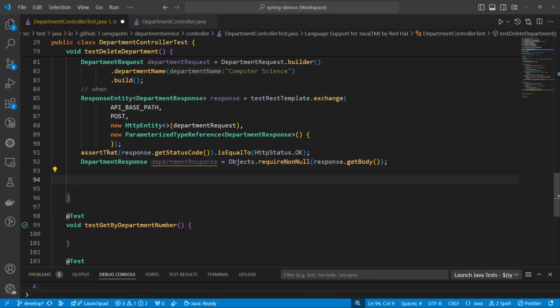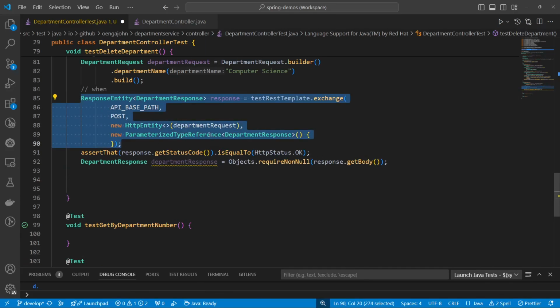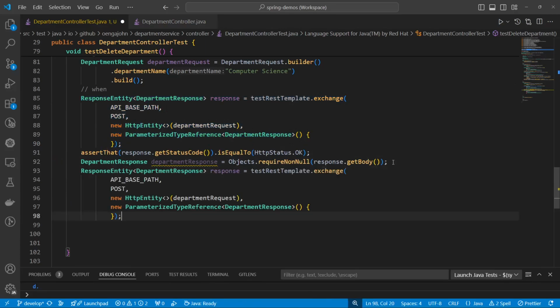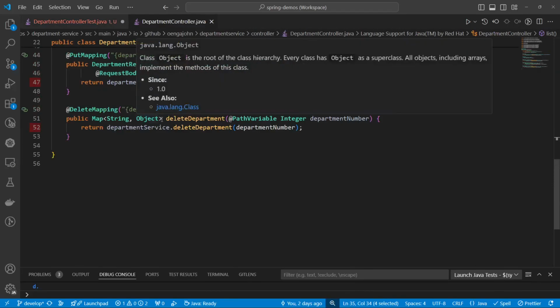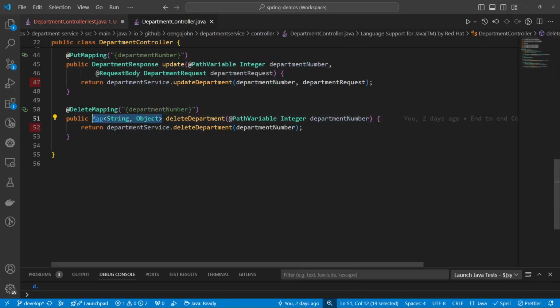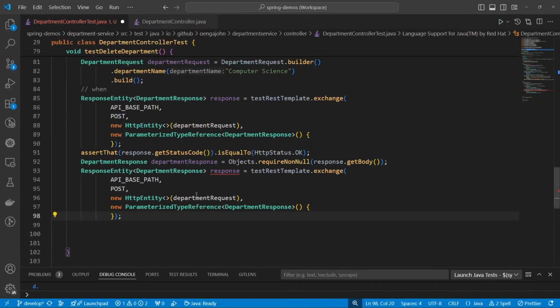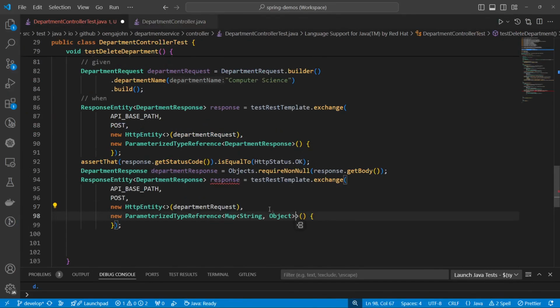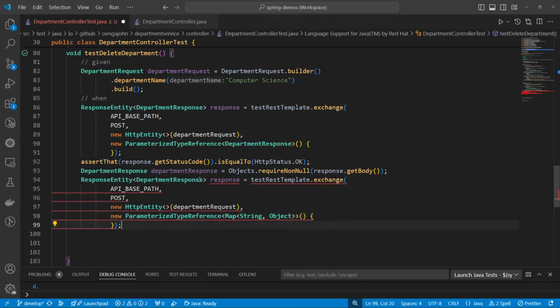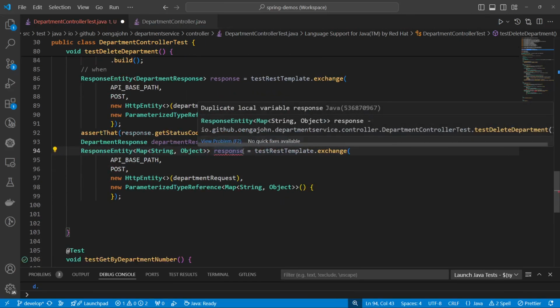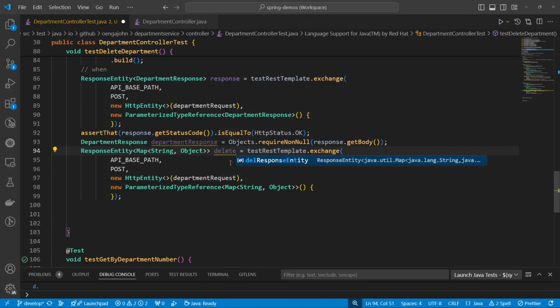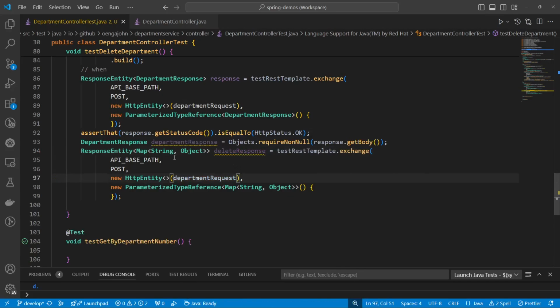Now we need to make a call to the delete endpoint, which is going to be similar to this one. So I'm going to copy this particular REST endpoint and paste it here. But remember, within our delete department, we are actually getting a map of string object. So that is what is going to give us the parameterized value. So I'm going to give that as the parameterized value, and what I'm going to get back is going to be the same. And this particular one is going to be the delete response. So I'm going to have that as delete response,